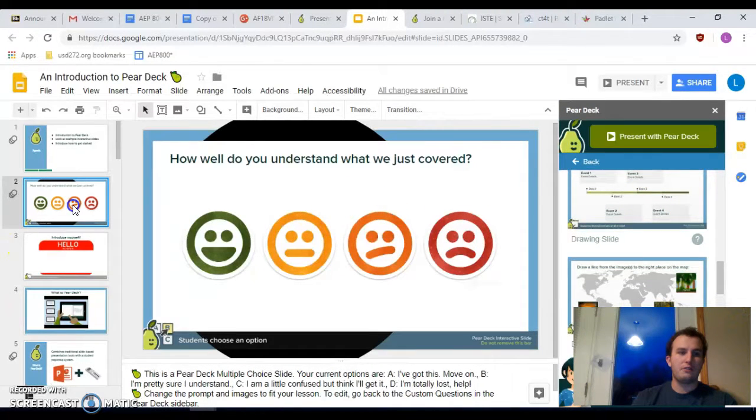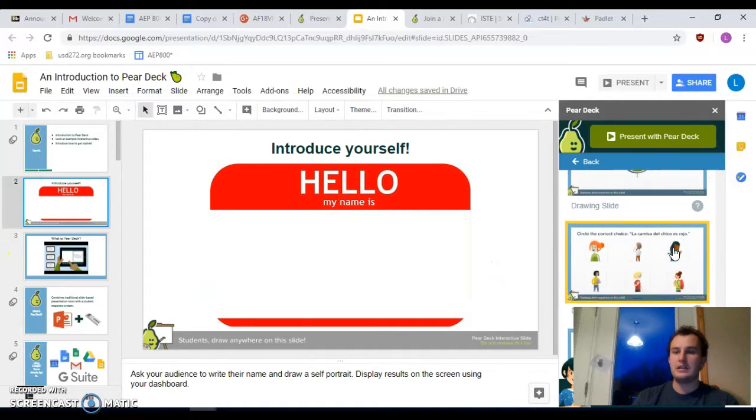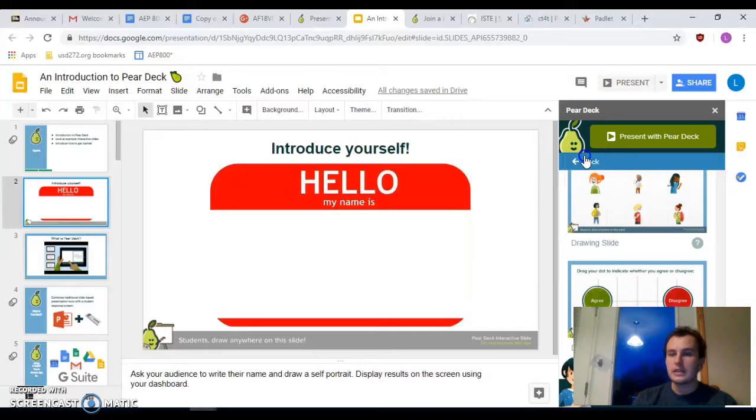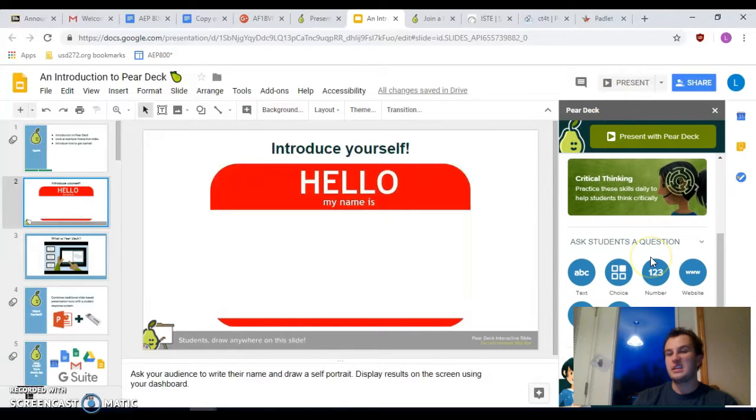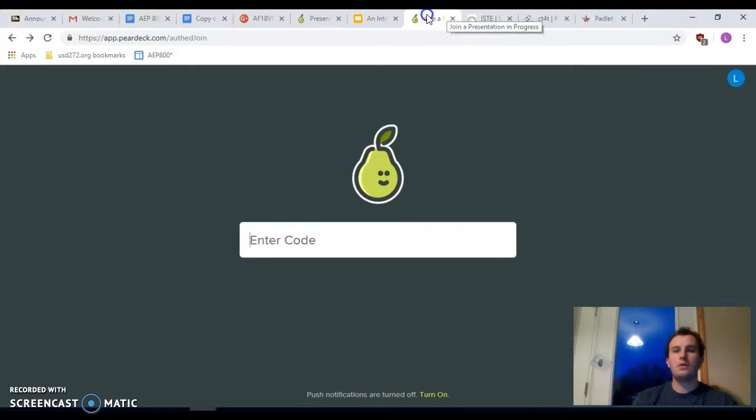So this is just a reflection about what they learned. The nice thing about it being an add-on to Google Slides is that if you know how to use Google Slides, you should be able to add this pretty easily. You're really not adding a whole lot of steps. Okay, so